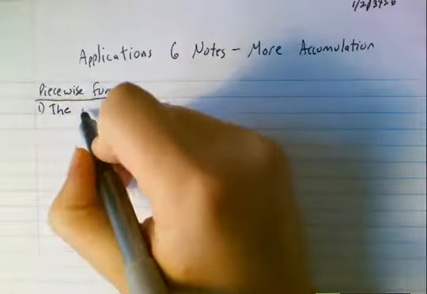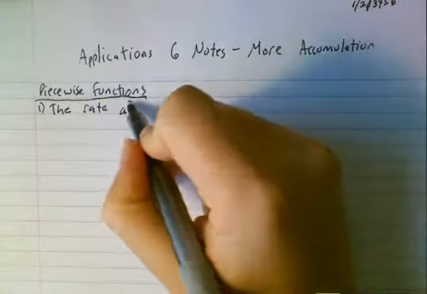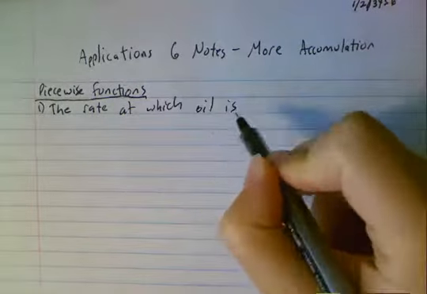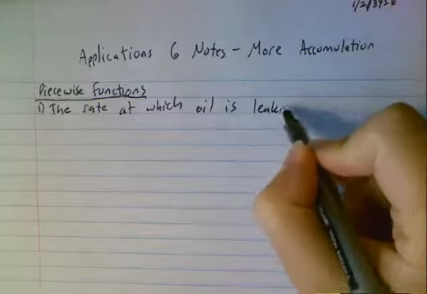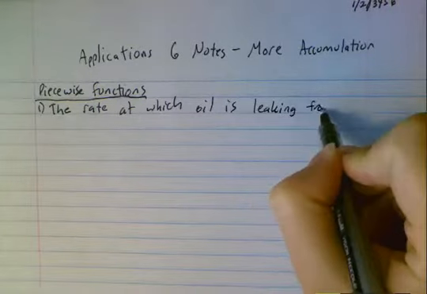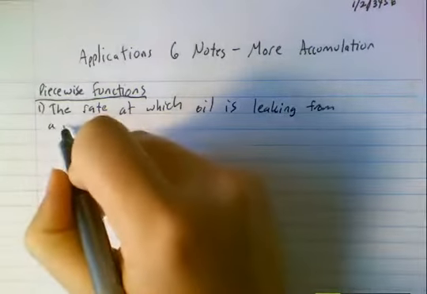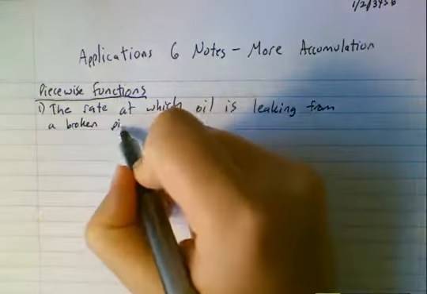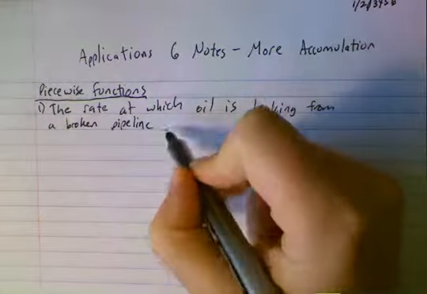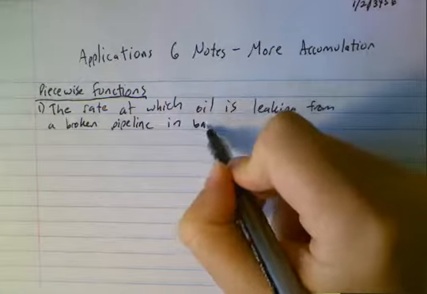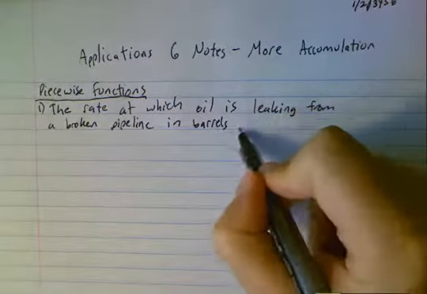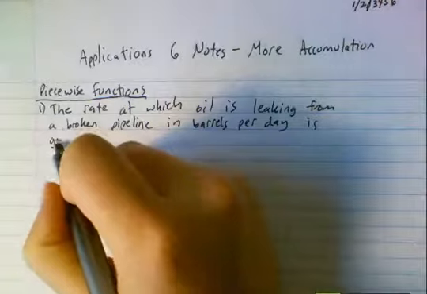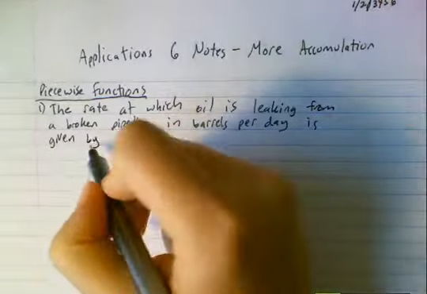So for this one, the rate at which oil is leaking from a broken pipeline in barrels per day